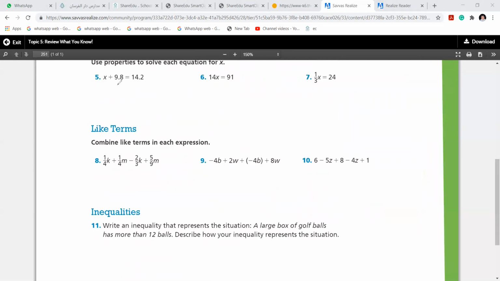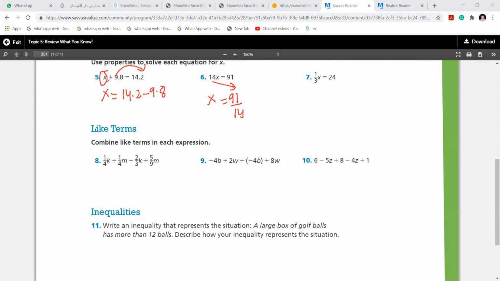Okay, first one. Simple. When I want to make x alone, plus will go that side and become, remember I told you, minus. Please, who has the calculator? See, here the multiplication will go and become division. X if I want to make alone, 91 over 14. Very important, girl, this one.